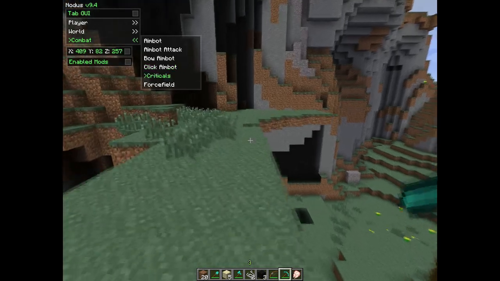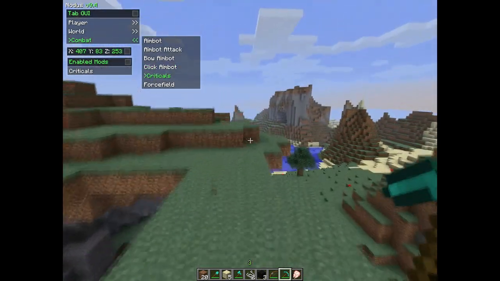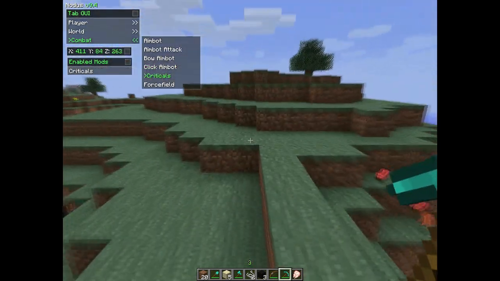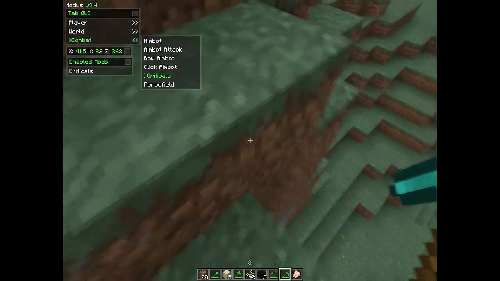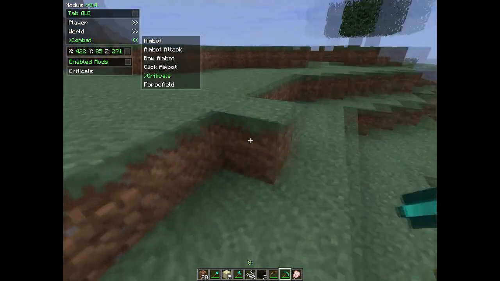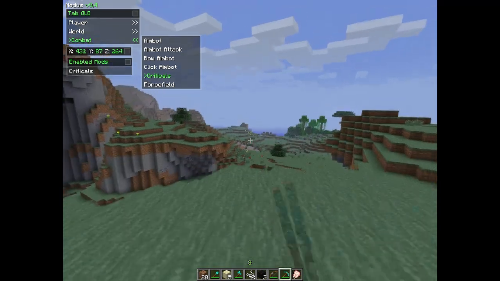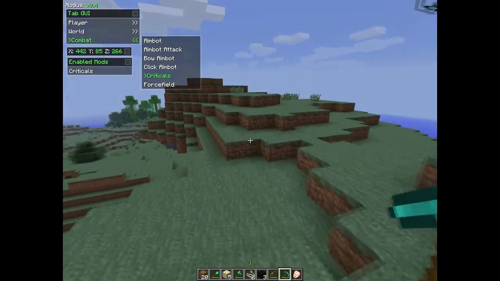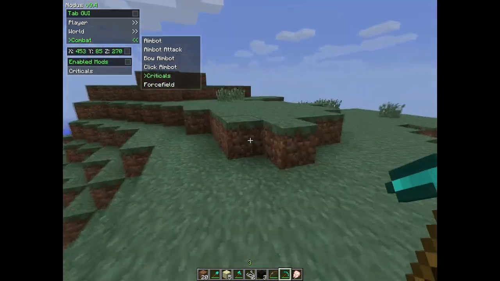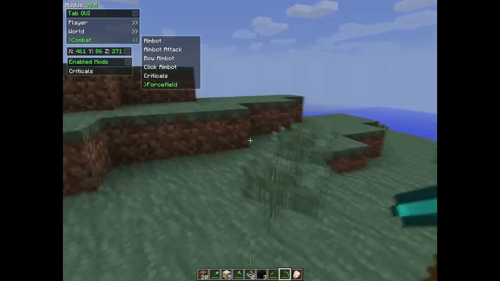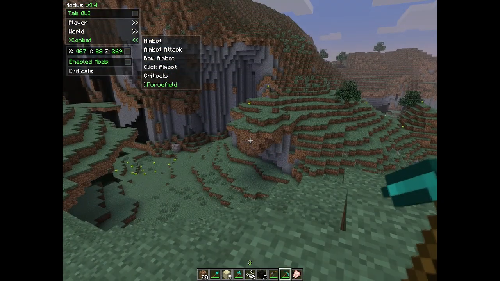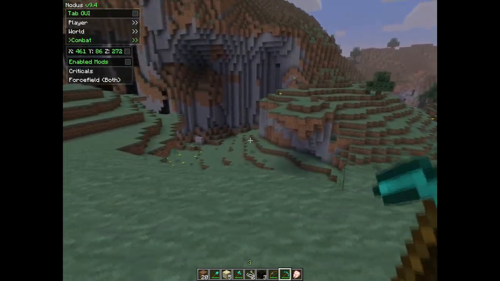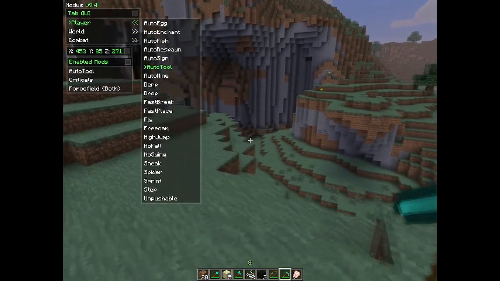But yeah. Criticals are basically when you jump and you see the stars. It's like an extra damage boost or bonus, I guess. Basically like that, without jumping. You can pretty much hit the opponent and knock them back pretty far. Alright, force field. These are the main PvP things I use, okay? Force field, I don't use aimbot. Alright, auto tool,